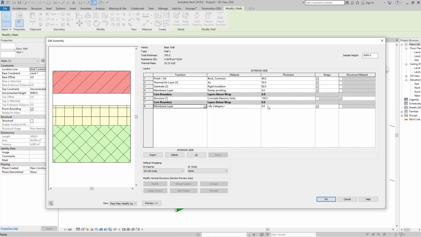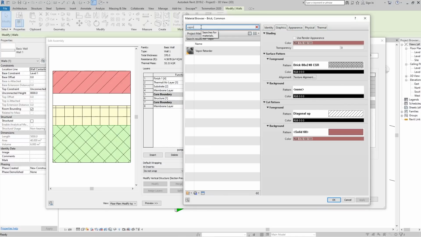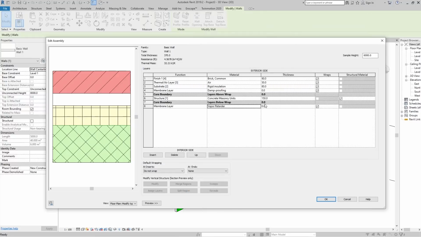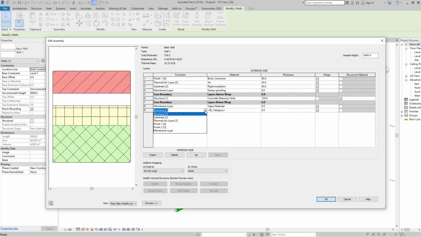The membrane layer thickness is 0, and then go here to the materials, and here type vapor, and we have a vapor retarder here, and set another, go down, and this is a finish 2 layer,